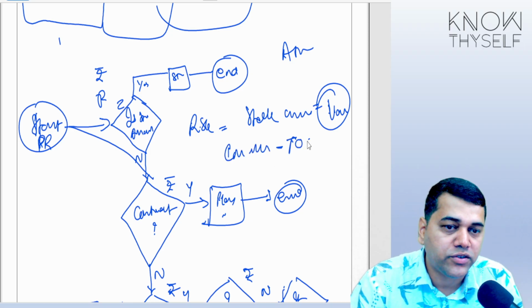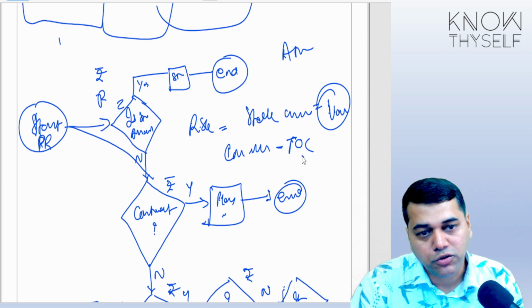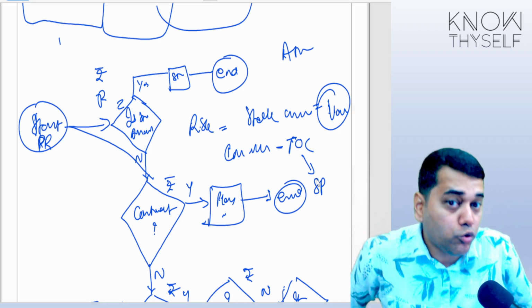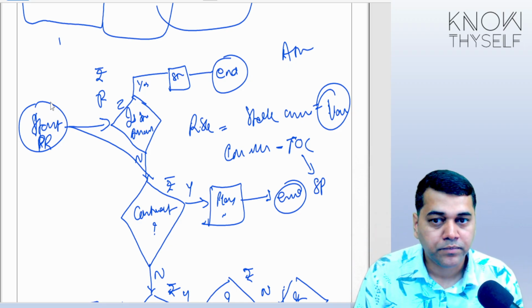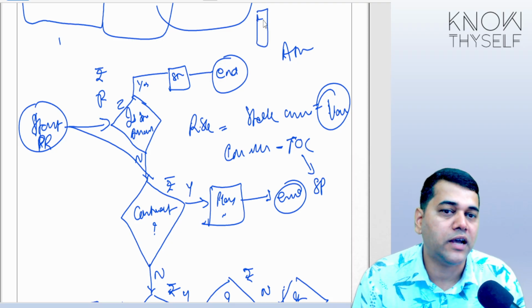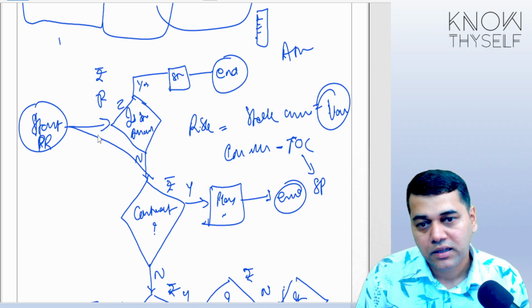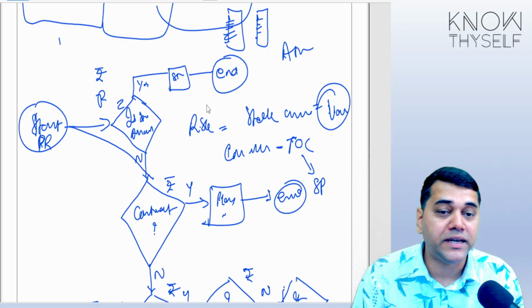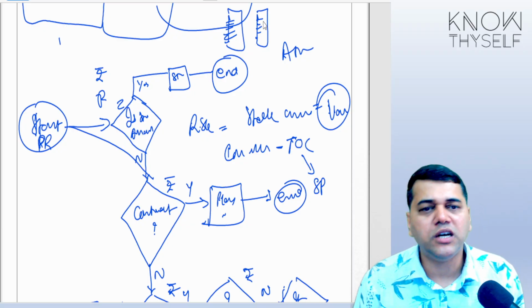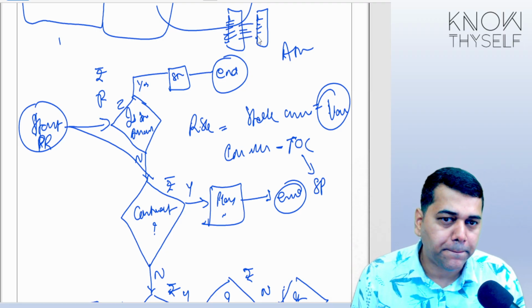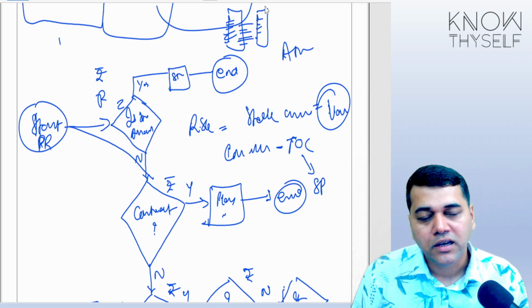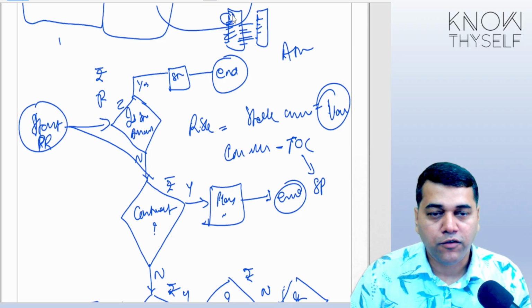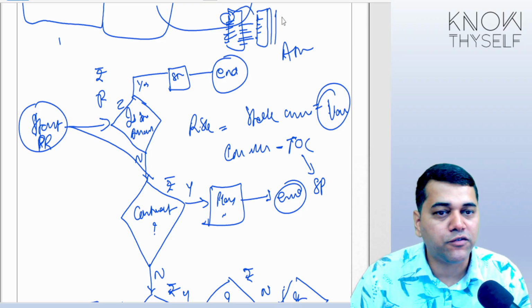you cannot do TOC, test of control. This time you have to shift yourself to substantive procedure. So what you should do now, you have to go to the stores department, get the list of all the stock along with the material code. Then get the list of purchase orders for this year with the material code. Using VLOOKUP or using AI, you make a comparison here and see if there is anything you purchased recently or during this year for which the stock is already available, and you have an aging of the stock here.